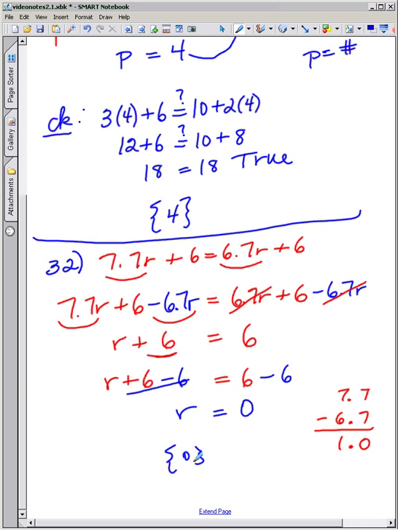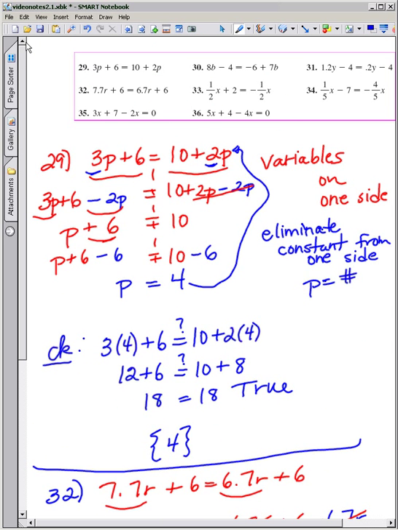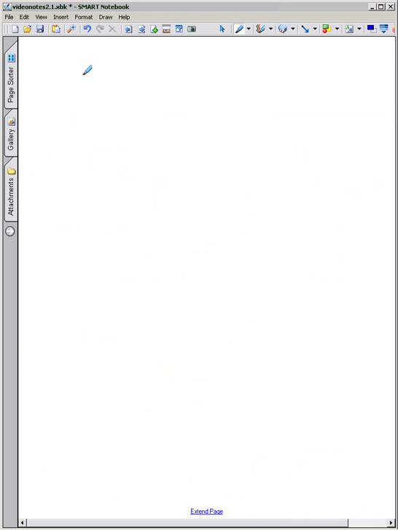Okay. Now the other problem that I wanted to do was one that had a fraction. So let me create a new page and let's do number 34. Let me go in a blank page. Okay, number 34 I think was 1/5 x